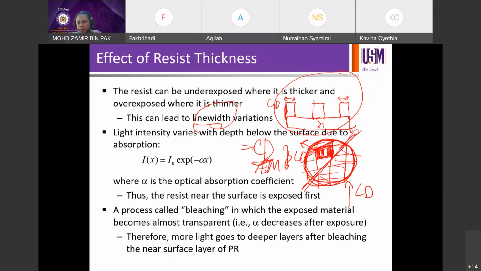It can be like half slanted problem. It can be center CD low but sides okay, but maybe center CD high but sides okay. So the issues can come in many different forms. Okay, dia tak semestinya satu issue je on CD. It can be all low or all high or 50% low or 50% high, or maybe there's no trend